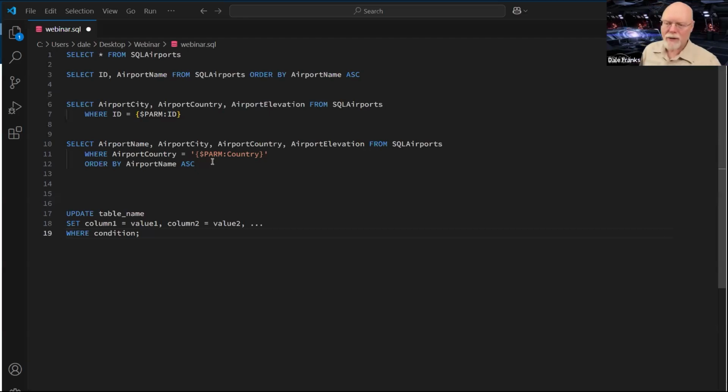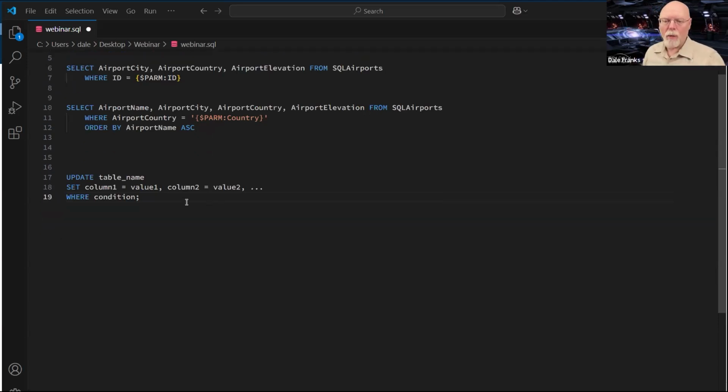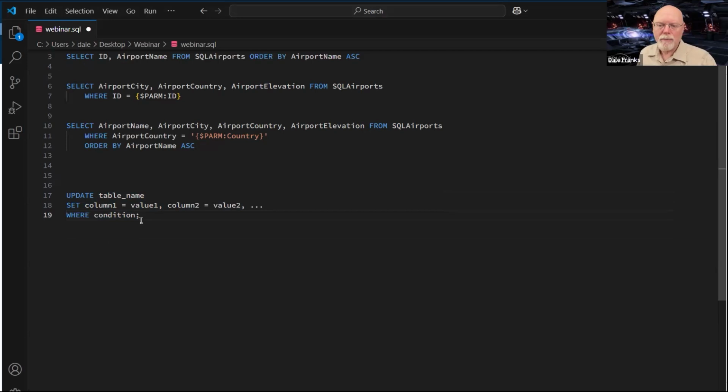Last week we talked about select statements, and that's really all that we talked about last week. As we went through, we got progressively more complex with the SQL statements that we created. Today, we're going to talk about the other three basic types of SQL statements, starting with the update statement, which enables us to change existing data in the database.